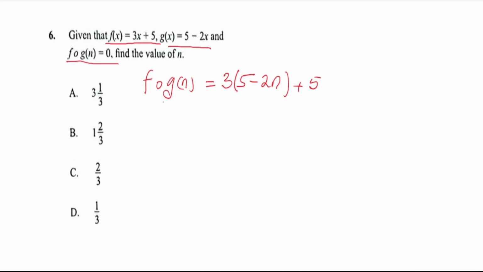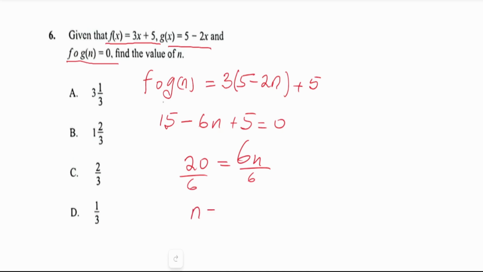So we are going to equate the right hand side to 0 and solve for n. That is just what we'll be doing. So that becomes 15, which is 3 times 5, minus 6n plus 5 equal to 0. This and this are like terms. So we'll get 20 to be equal to, I'm moving this to the right side, 6n. And dividing both sides by 6, I'm going to have n to be equal to 20 over 6,